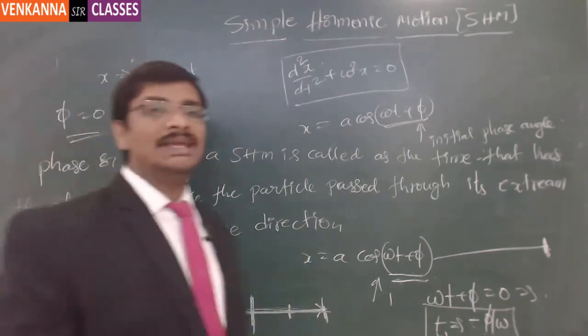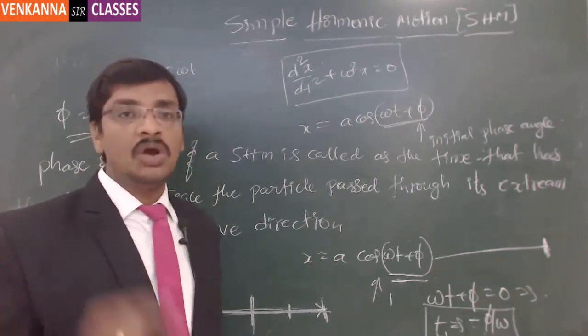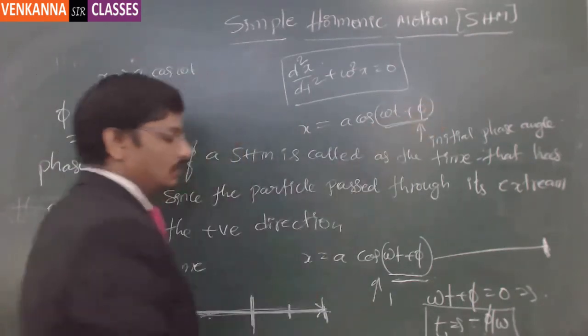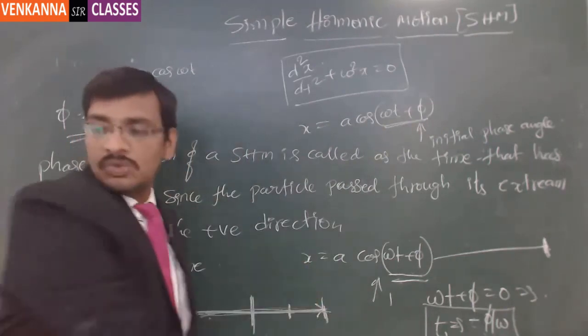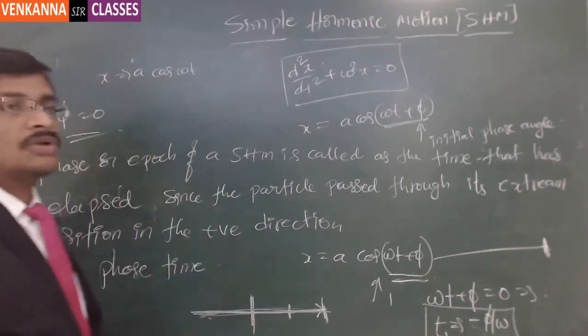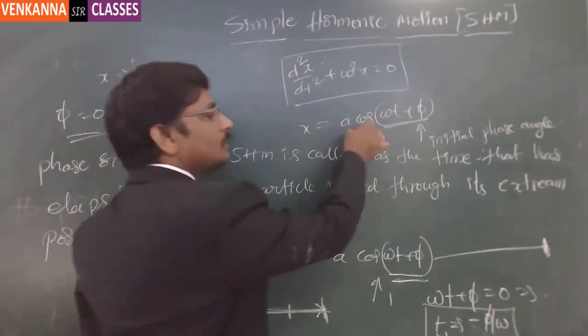So like this it keeps on moving. At t equal to 0, whether you have already taken the extreme position or not depends on this phase angle. If this phase angle is 0, that means you have started counting from t equal to 0, which is at the extreme position. Otherwise, in a much more generalized analysis, whatever may be the position of the particle, you can treat the simple harmonic motion